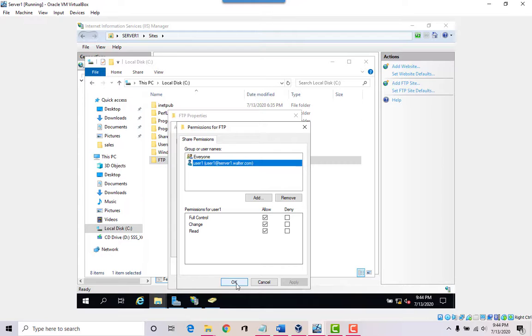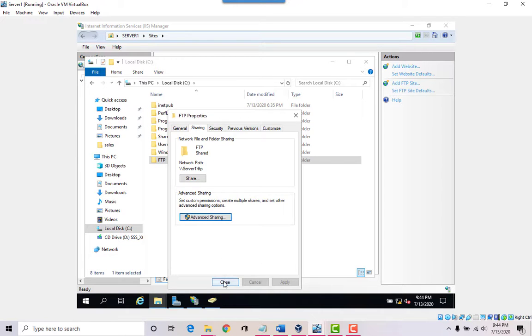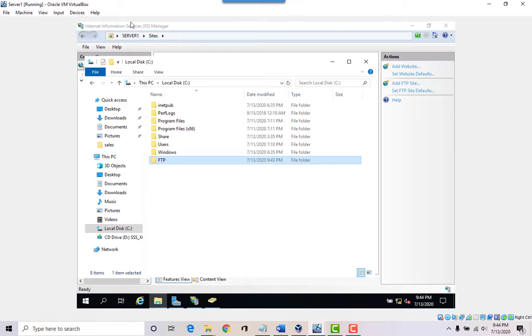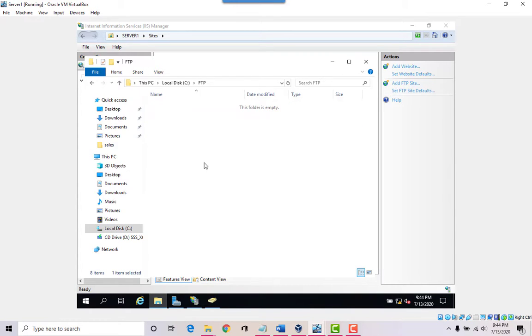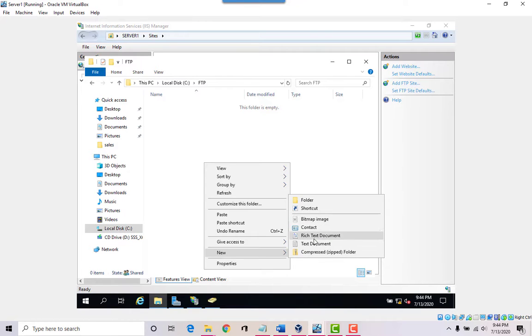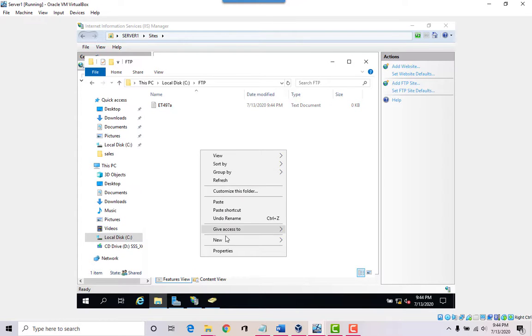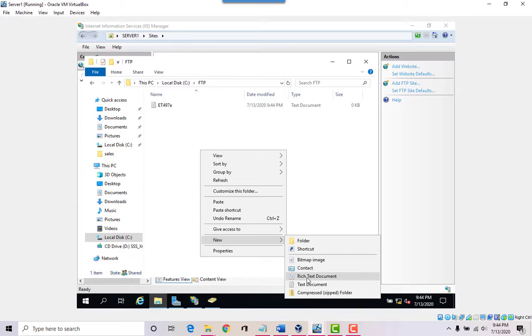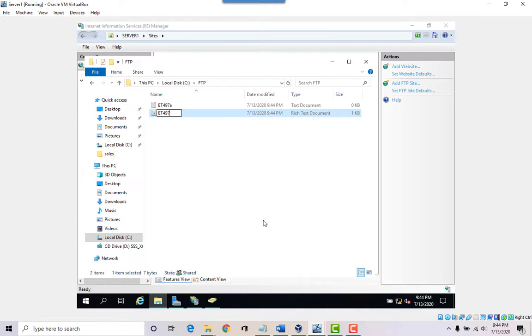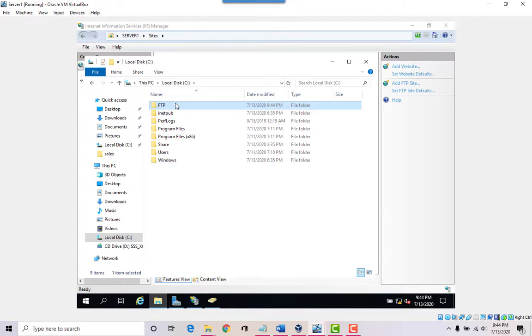Let's add the user1 also, and let's give him access. Okay, so I added the user1, that's part of the server. I created the folder in the server, and I'm going to put in a couple of files in there. I'll put in a text file called ET497, and then let's create another one, ET497B. Right, so we can put files in here. We can put pretty large files that we're going to be sharing with people across the world. Okay, so we have that.